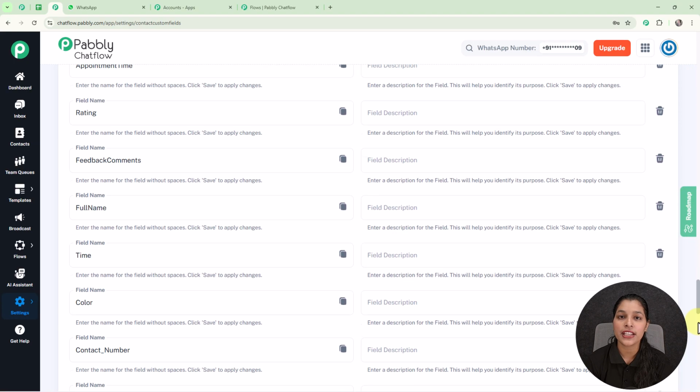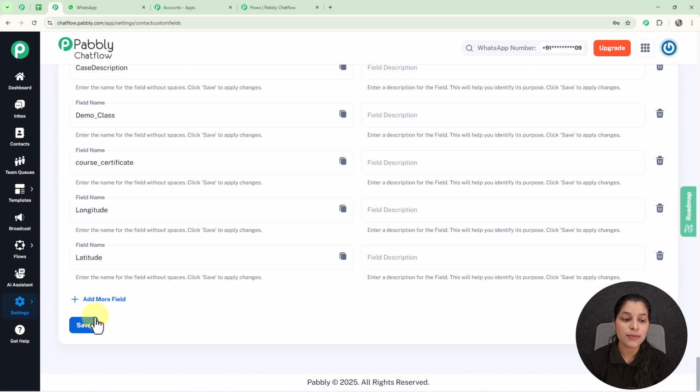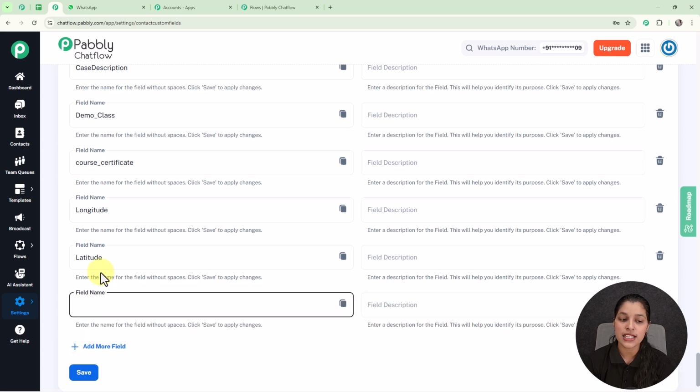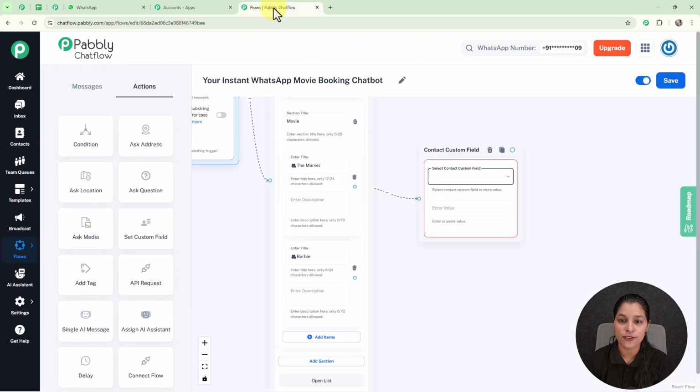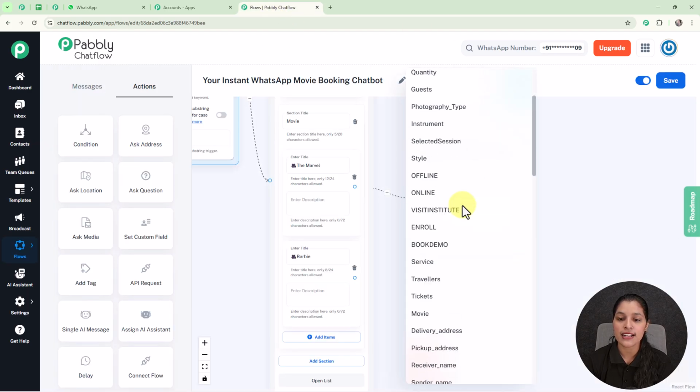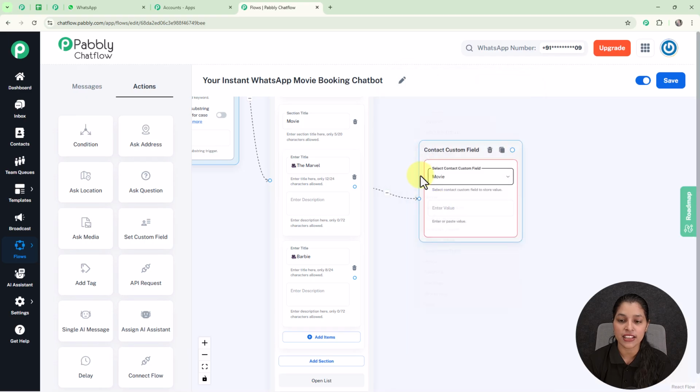And if you want to create your own contact custom field, you simply have to click over this add more field button, and here you have to provide the field name, and afterwards you simply have to click over the save button, and your contact custom field will be created. But here, as I've already created my contact custom field, I will be selecting it over the Pabbly Chatflow. So here I am going to select my contact custom field as movie, which can be seen here, and afterwards